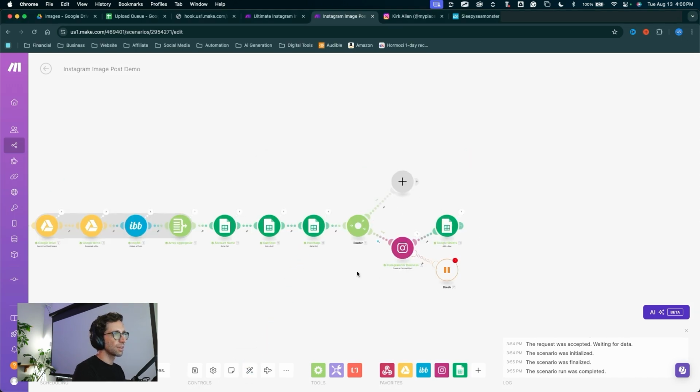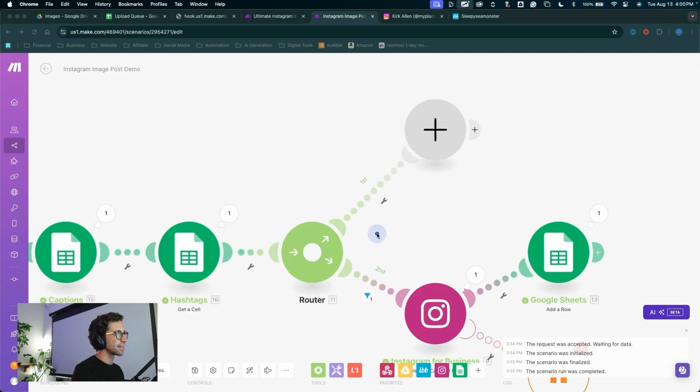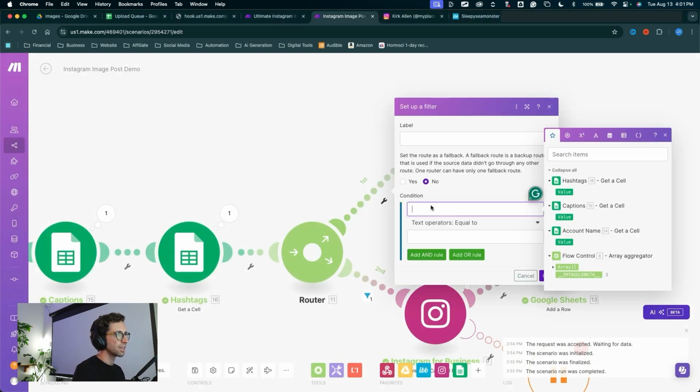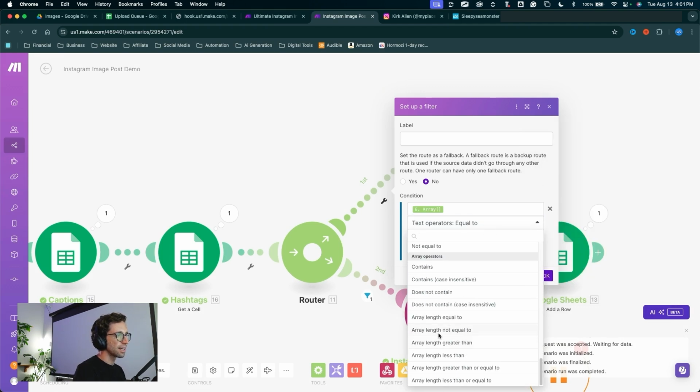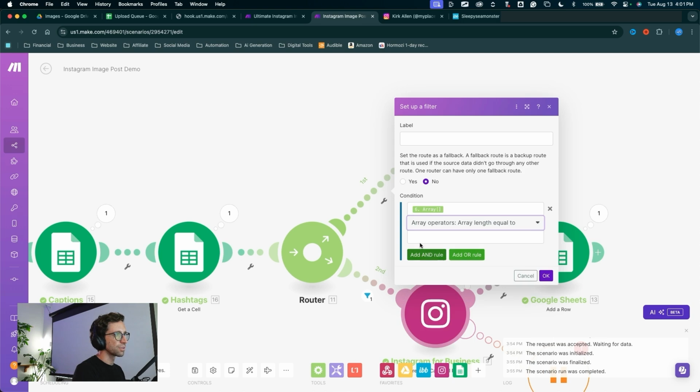Now when I hit auto align, we'll see the new route pop up and say first route. The one we just built is our second route. We're going to add Instagram for Business right here, but before we forget, let's add in that filter here. Click the wrench, set up a filter. Set the condition to array, scroll and find array length equal to 1, meaning we only have 1 image to